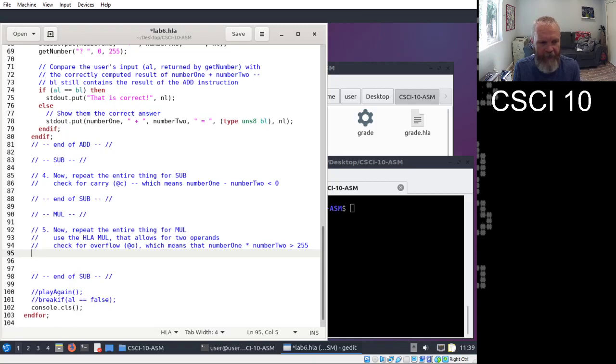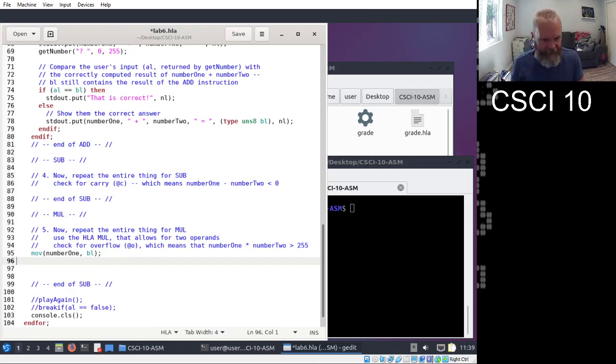So you can see what that looks like. So for mul, repeating the entire thing for mul. So basically, I'm going to move number 1 to BL. And then, let's see, how do I want to do this? No, I can't.